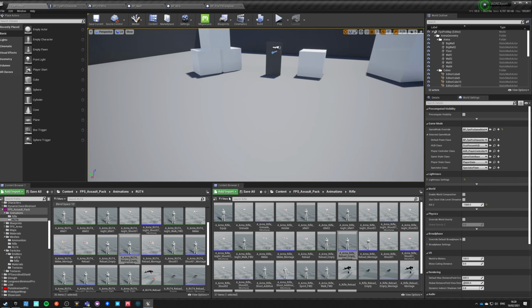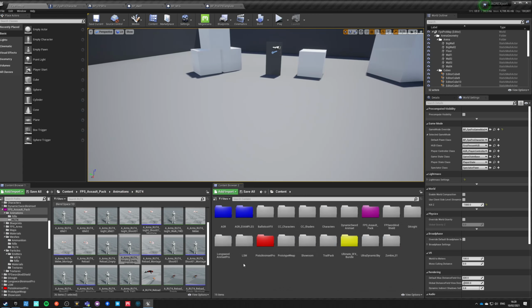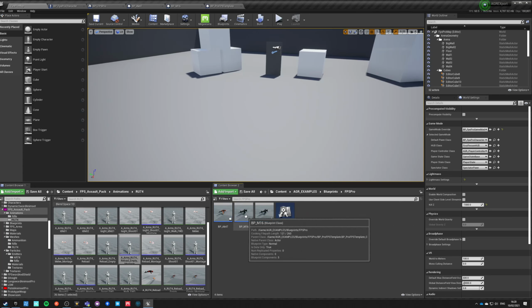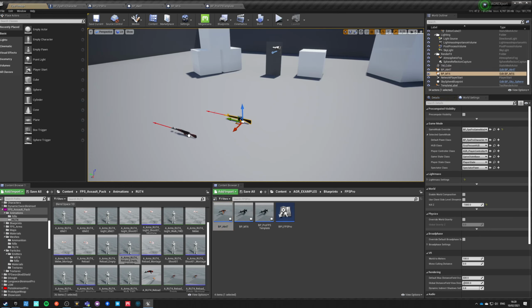So let's first of all place both of our blueprints on the ground, and let's make our character be able to pick it up. So we go to HR examples, blueprints, and we go into FPS Pro, and then we take this one and take this one, and we need to make sure that they can even lay on the ground. So we can just by hand place them there, right? But we don't want to do that. What we want to do is for them to spawn and to just drop on the ground.